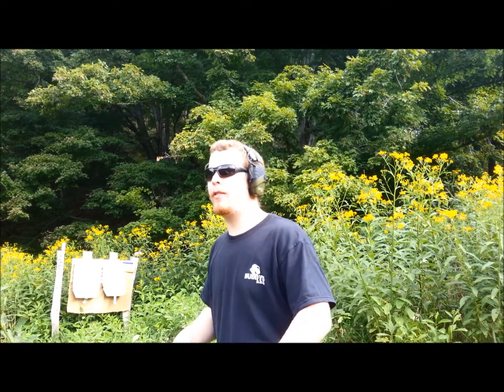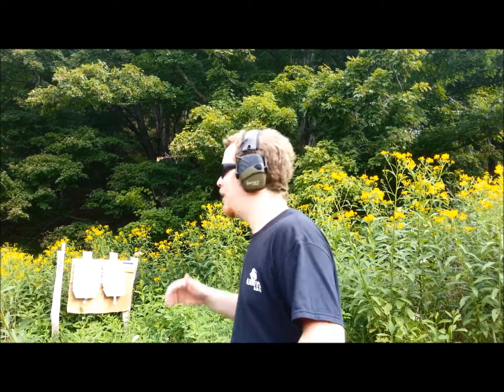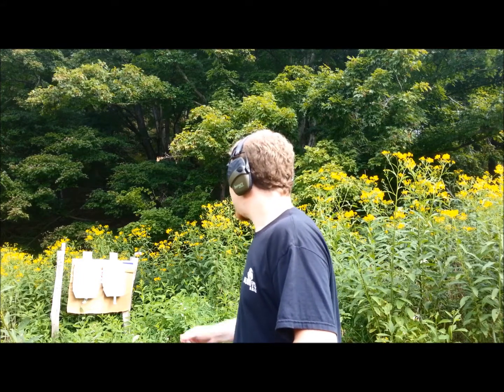And basically the point of this is to show you how ludicrous the magazine capacity bans are on standard capacity magazines. So these are 17-round magazines. I can rock that all day. I have less ammo in my gun right now, or on my whole rig right now, than I can carry in 1 mag. But what I'm going to show you is, and don't get it twisted by any means,